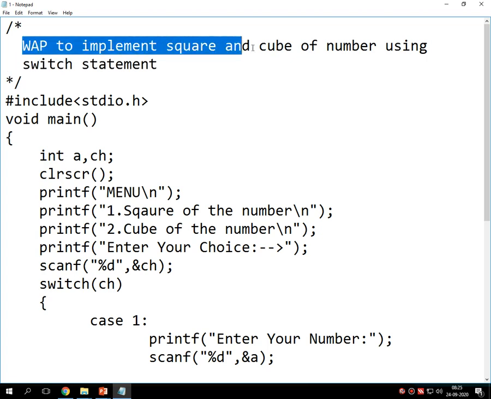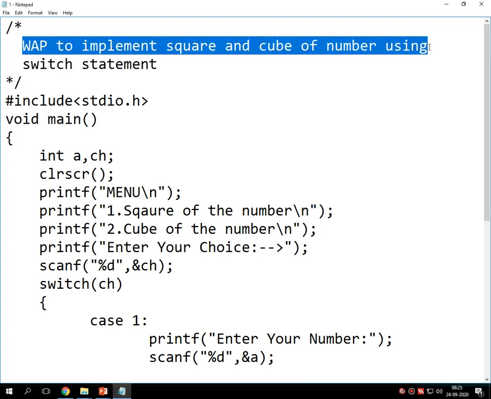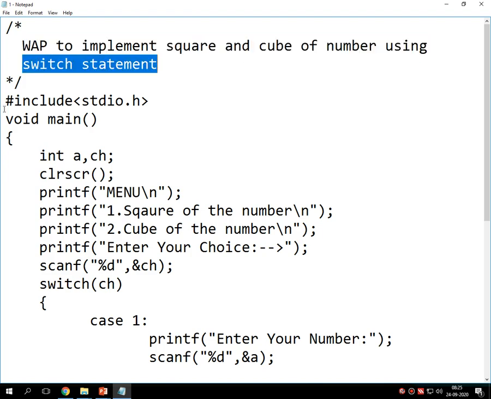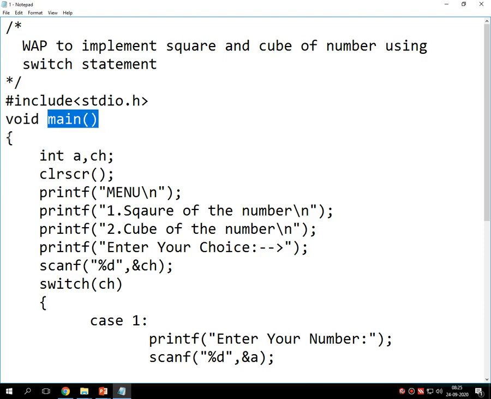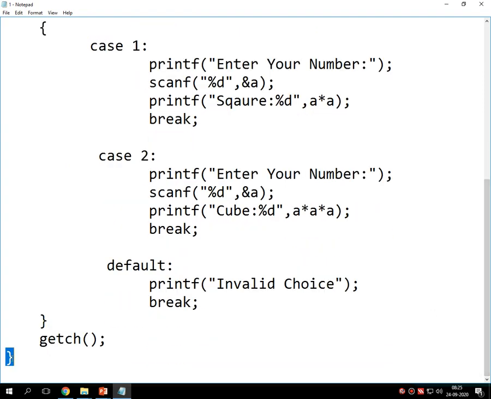Write a program to implement square and cube of a number using switch statement. Fine. Then there is a hash. This is the preprocessor directive which combines the compiler and editor. Then include standard input output dot h. Then void main. This is the main executable statement,